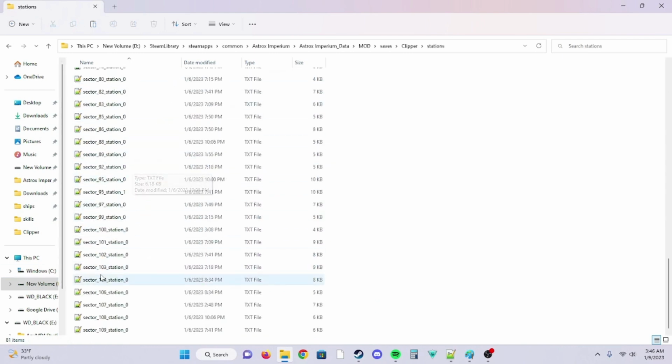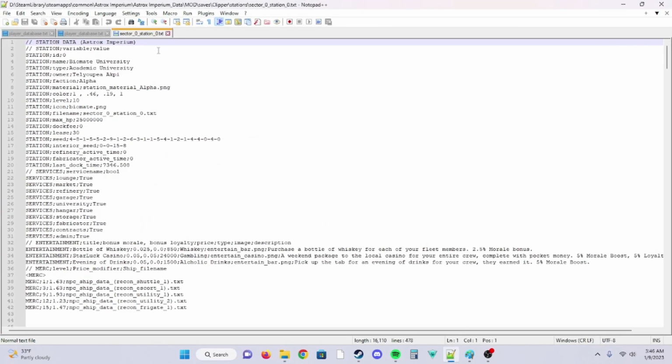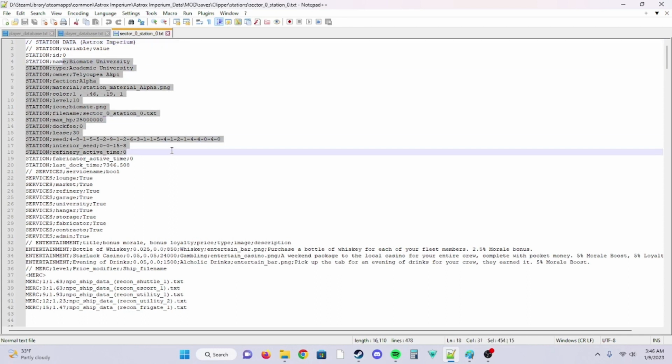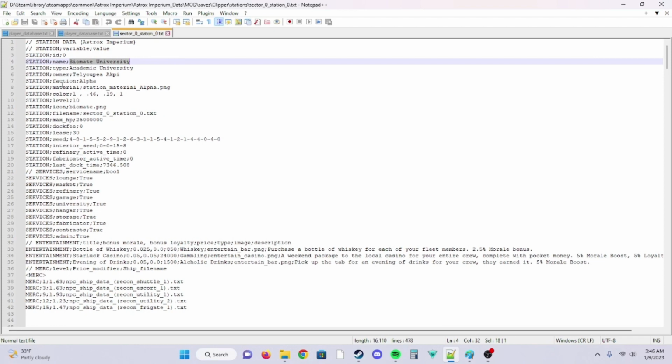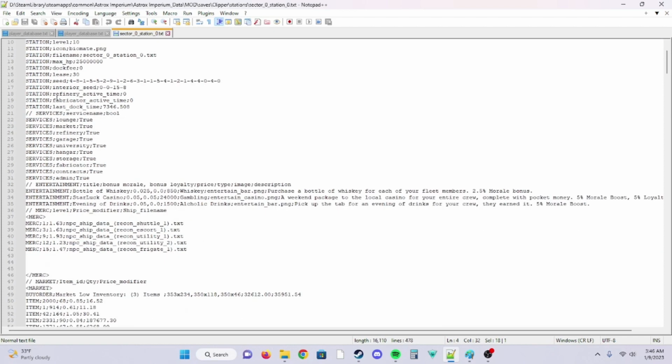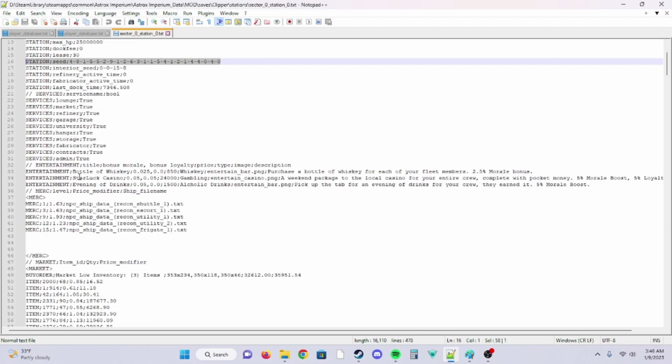Like these stations are physical. They have storage. This is your 0-0. That's going to be your starter station. You can do whatever. There's a variety of things you can mod here. The name, you can rename it whatever you like. I don't know too much about what these are. Something I might get into a little bit. You can